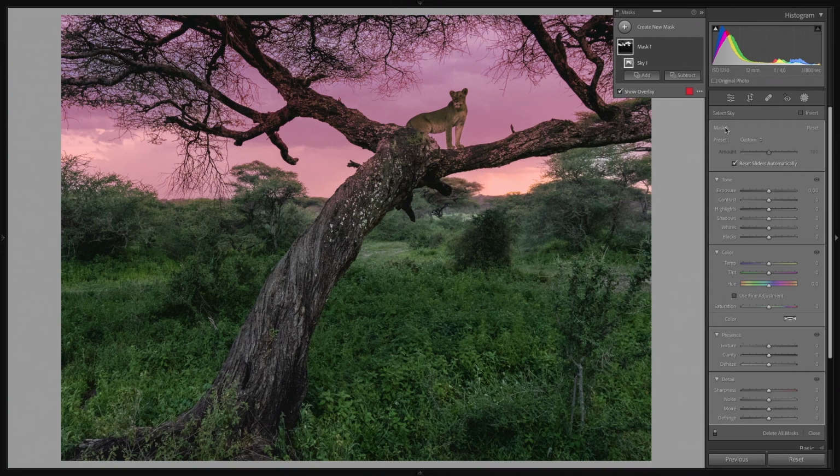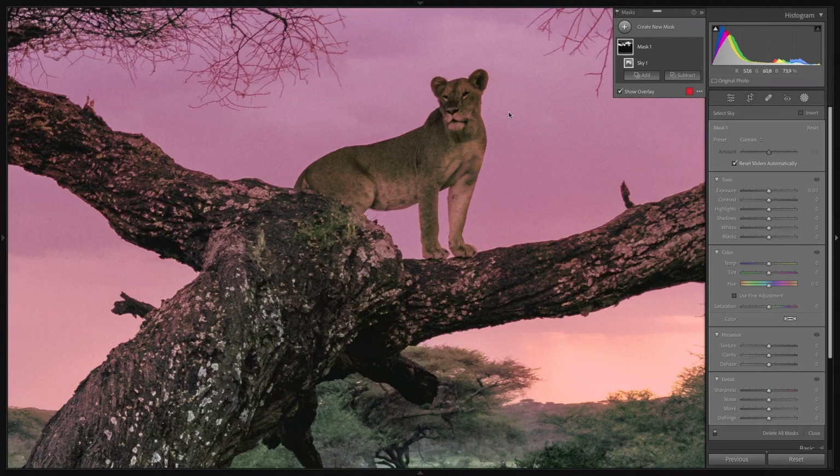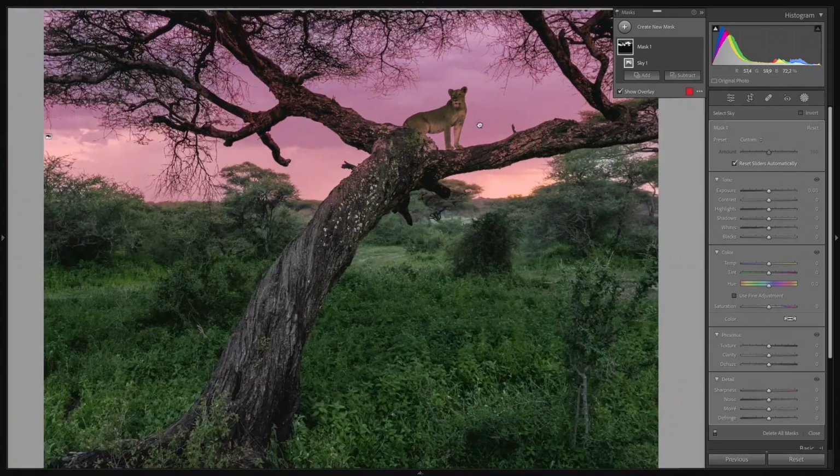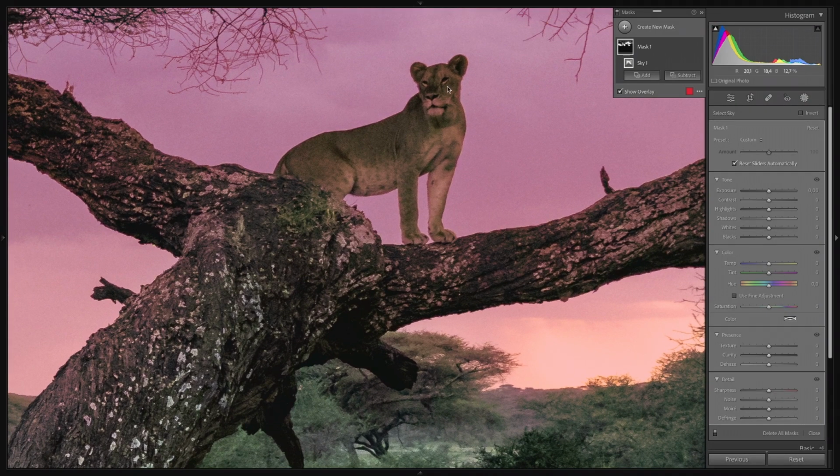If I go and select sky, let's see, it's done a pretty good job in selecting the sky in the background, but also, if I push and hold spacebar, it eliminates or takes away the special adjustment tool cursor and brings back my normal zoom in and out and move around cursor. But as you can see, it's applied the sky filter to a lot of the cat and a lot of the tree. So if I just simply left click on subtract,